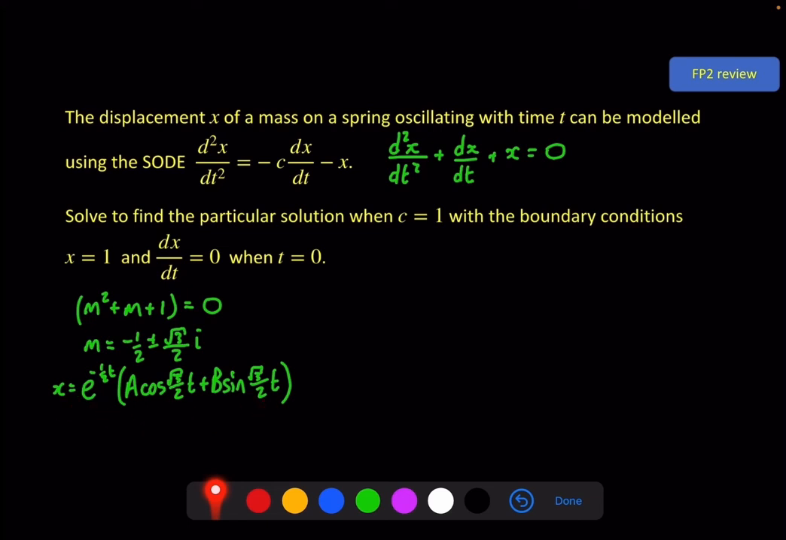Now we need to find the particular solution when these boundary conditions here hold true. So x equals 1 when t equals 0, we can put that in this equation straight away. And that gives us 1 equals 1 brackets a plus 0. So a equals 1. Now our second boundary is the first derivative of x equals 0 when t equals 0,